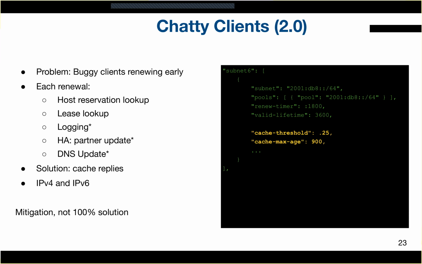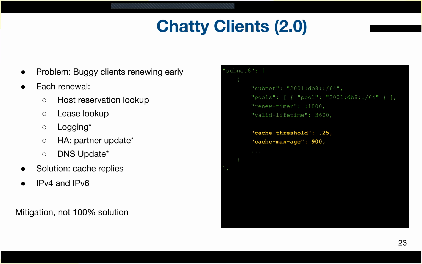So we'll still send back a response, but we'll use the existing lease, just renewed. So imagine we sent the first lease as in this example. The client will get 3600 seconds. And if he renews after 1 second, he will get another response from us, but this time it will be